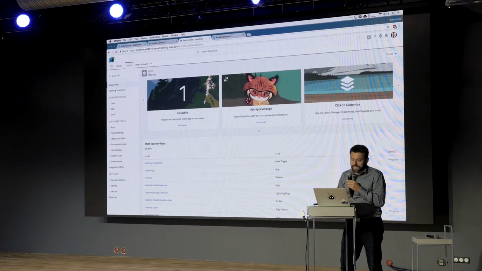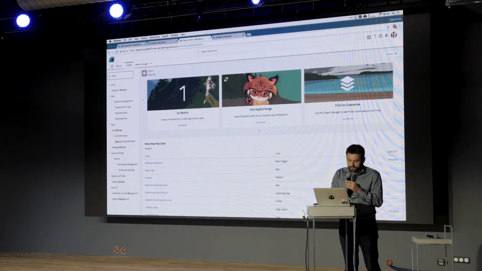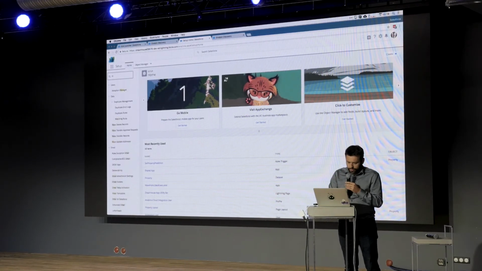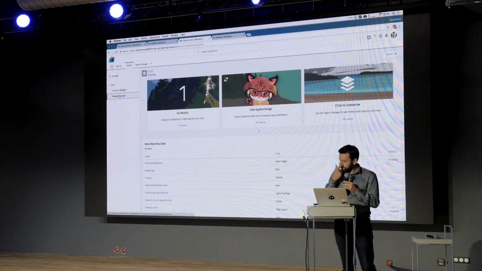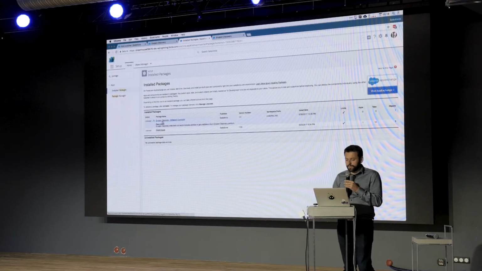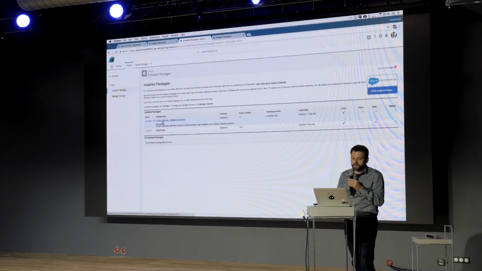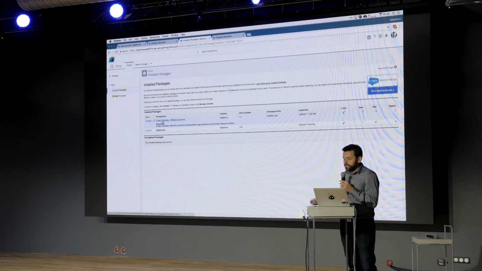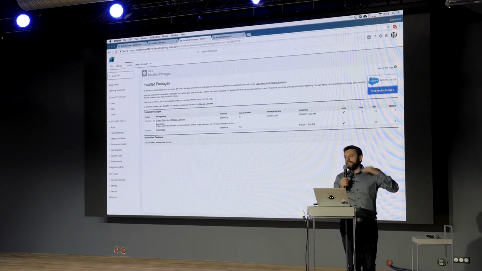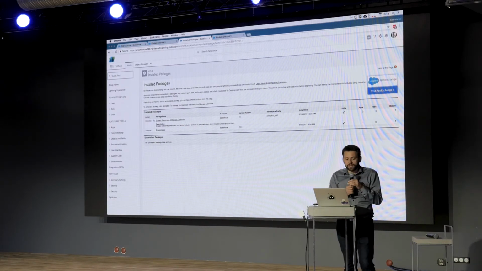And to be able to do that, I have installed a managed package. So if I go to package install, I can see the one I have deployed, which is Einstein Discovery Writeback Connectors. You can find it on the help and training site. We have the link to it with all the instructions. So this is going to create the link between Salesforce and Einstein Discovery.